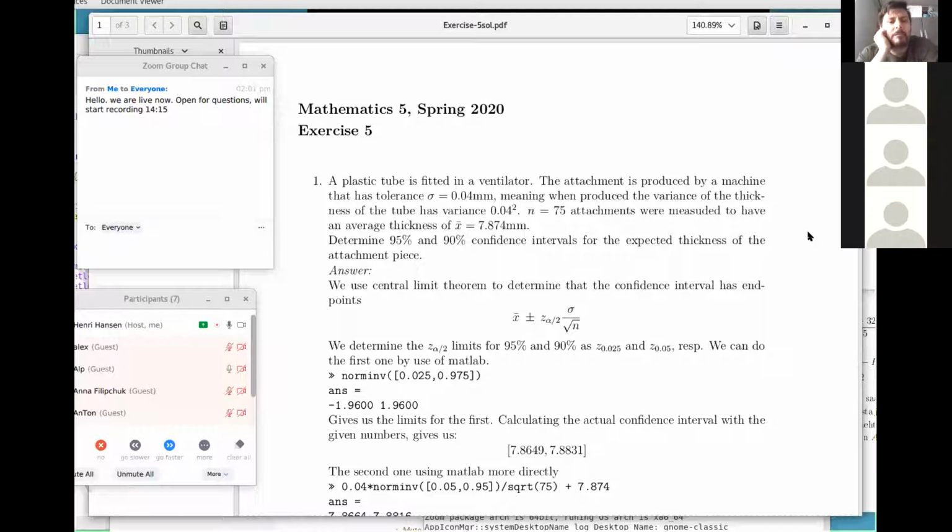That means that if we have a tolerance, a standard deviation of 0.04 millimeters, and we use that to calculate an interval such that 95% of the cases fall in this interval. So if we take the average, then 95% of the time,